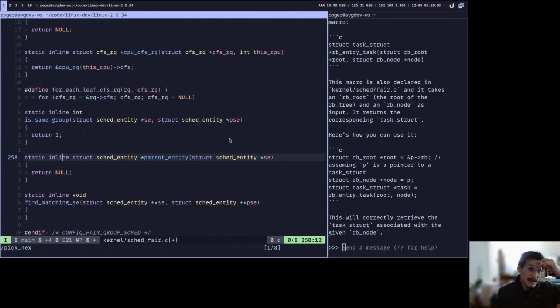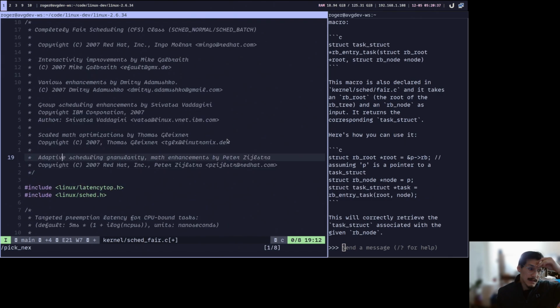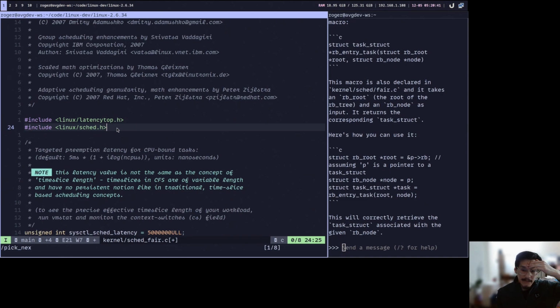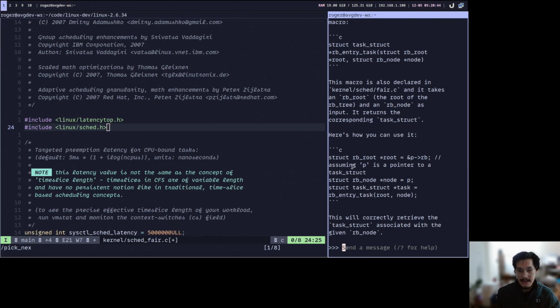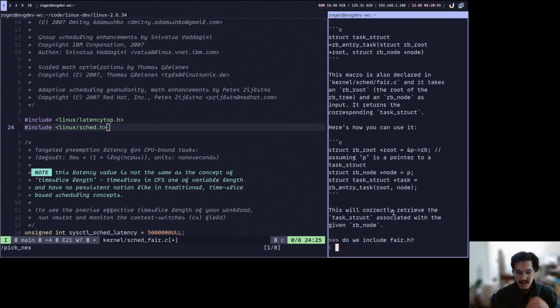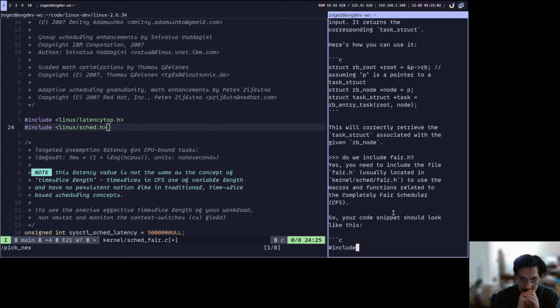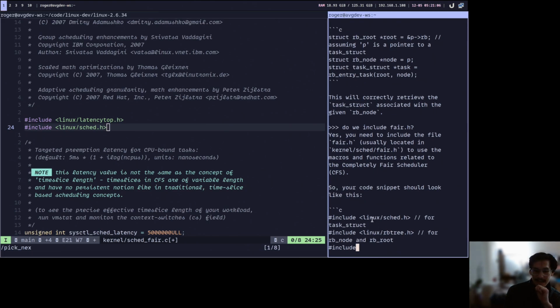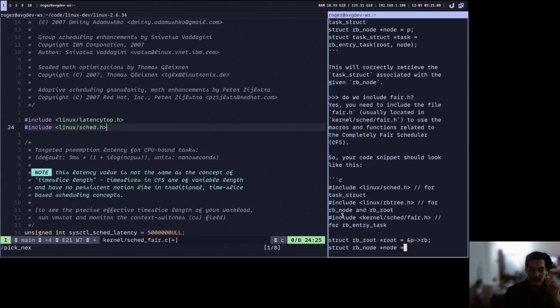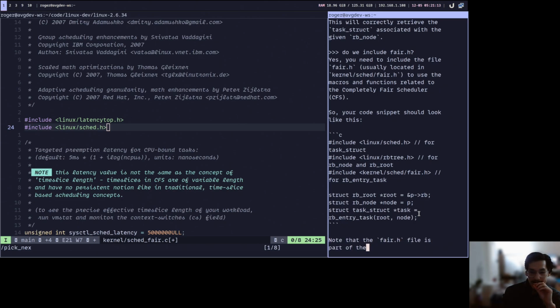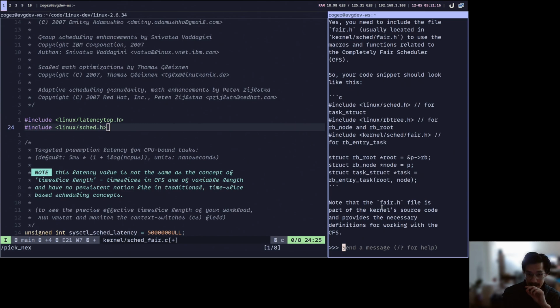So do we even have an include on fair.c? Okay, so we don't have an include on fair.c. So what would we do here? Do we include fair.h? Include the file fair.h in kernel sched fair.h. Use the macros related to the complete fair scheduler. So code things like this. Really? Kernel sched fair.h for the rb_entry_task. Really? Okay, so part of the kernel source and provides the necessary definitions for working with the CFS. Okay,